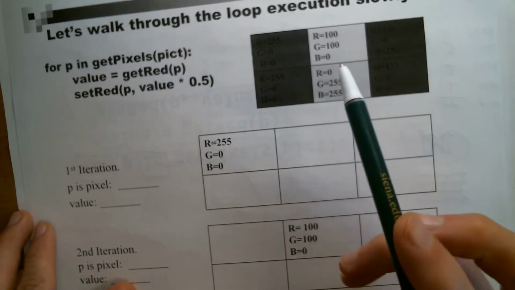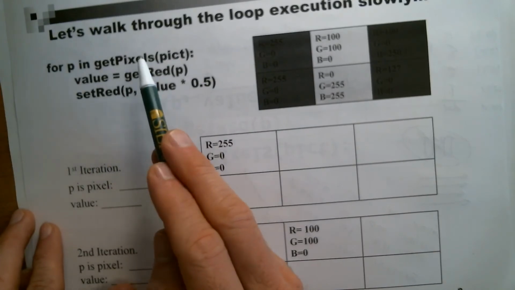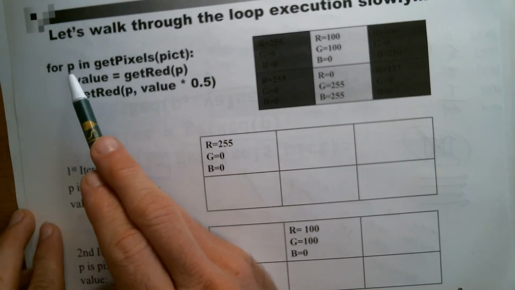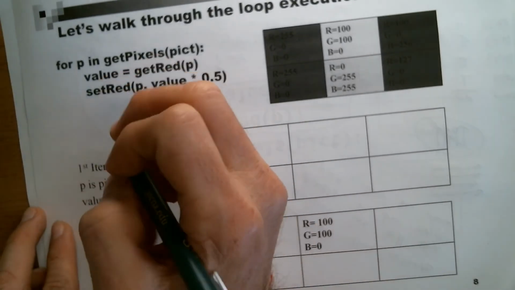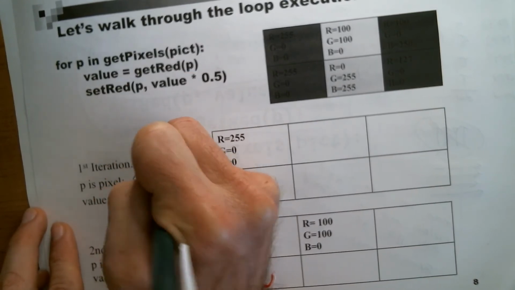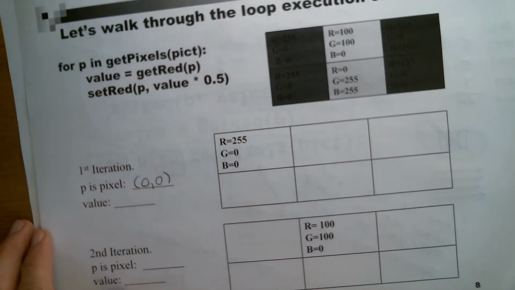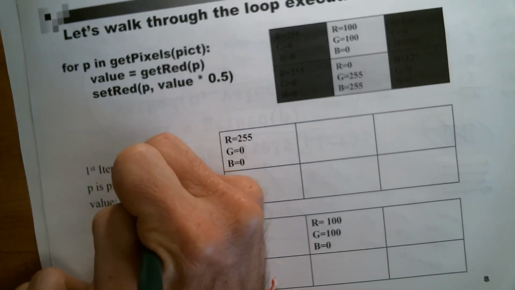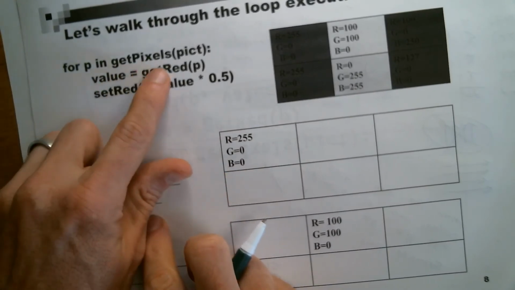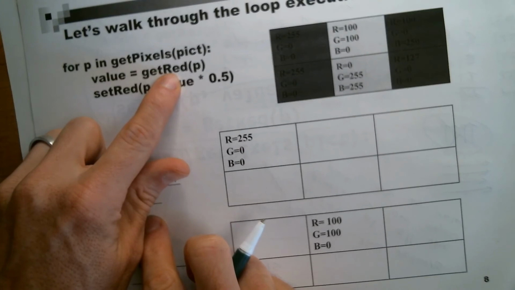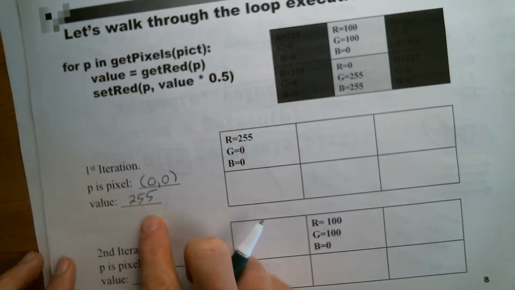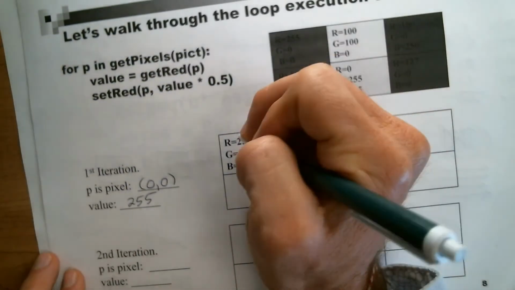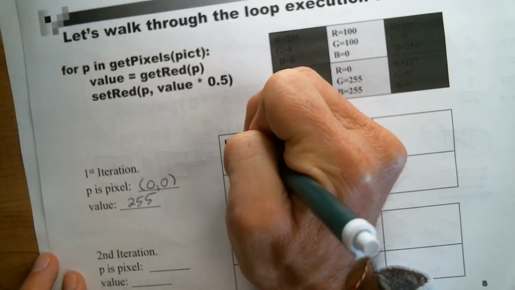So when the loop first starts, this is going to make a list of all the pixels. The very first one is going to get assigned to P. So the very first iteration, P is going to be pixel 0, 0. The top left corner is 0, 0, which means value is going to be 255, because value is the red at pixel 0, 0, which from our picture here is 255. Now what the code is going to do is cut that value in half, which is going to change the 255 to